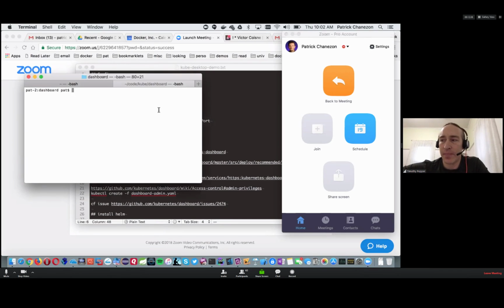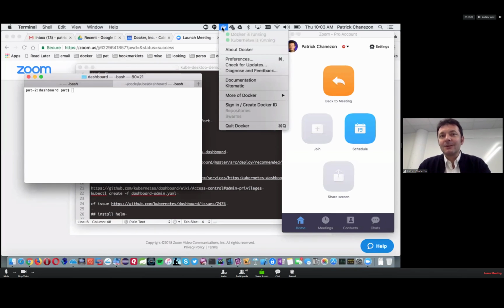Okay. So what I'm going to show is Kubernetes working on Docker for Mac. It shipped a few weeks ago, and today, if you're going to docker.com to get Docker for Mac, there are two channels, the stable channel and the edge channel. And in the edge channel, if you're installing it, you have